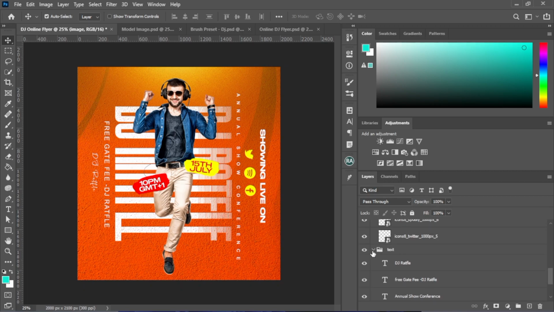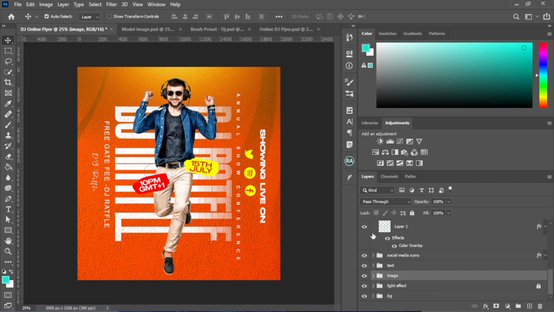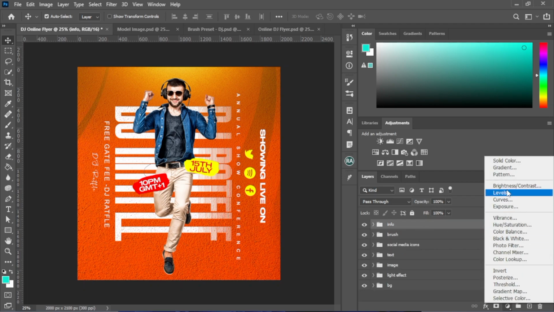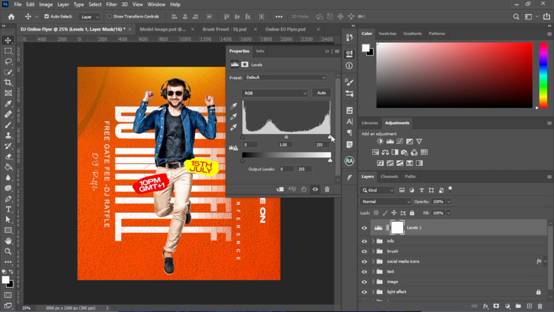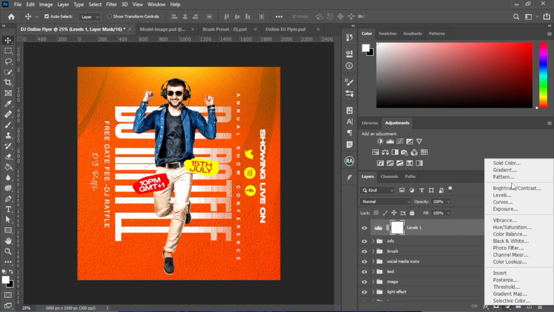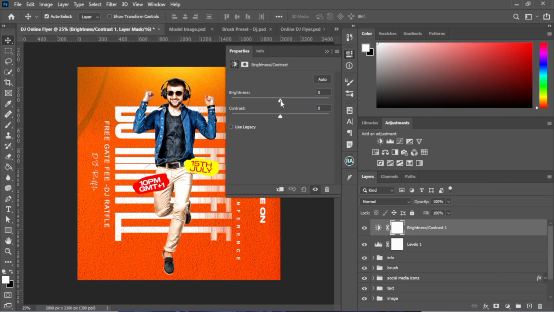So I like to lock everything, and having done that, I'd like to add some little adjustment, like levels. I'd like to add a little level on my design, just a little bit, not too much. Yeah, that is one. And let me add some brightness, just a little bit. Yeah, I wish I can make it auto, but